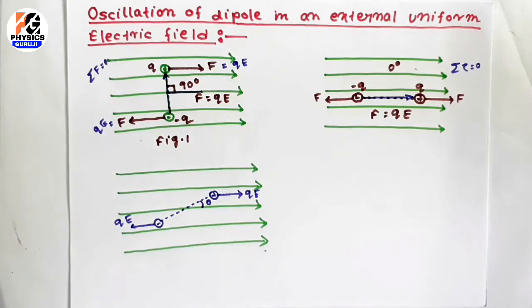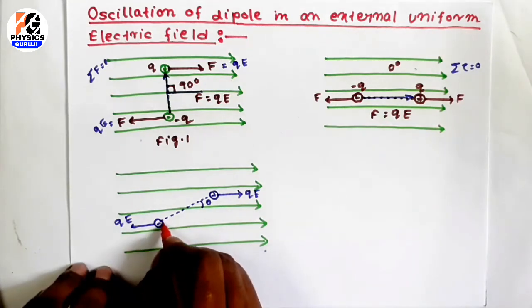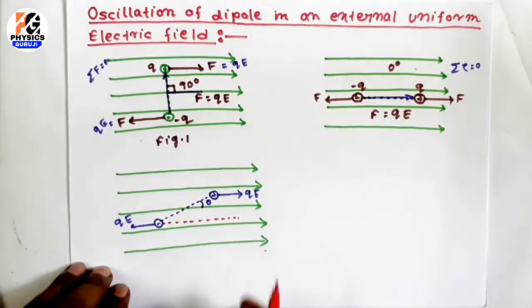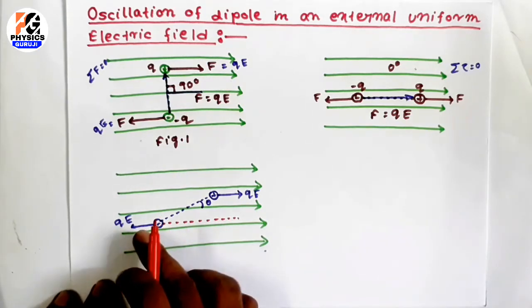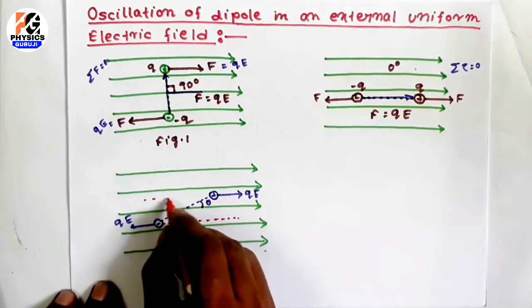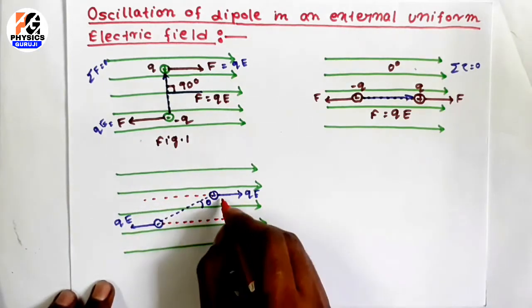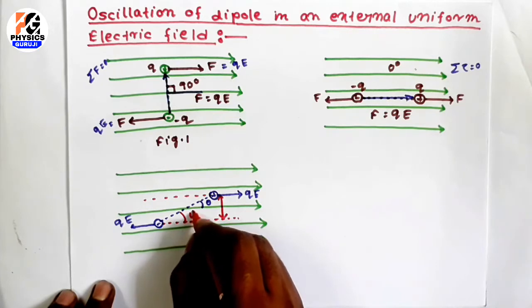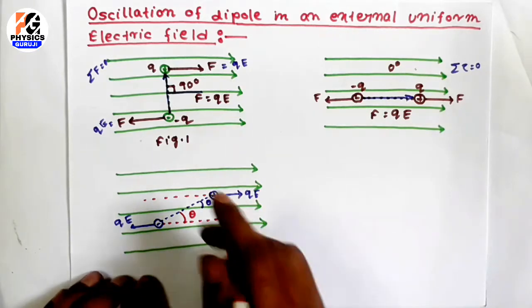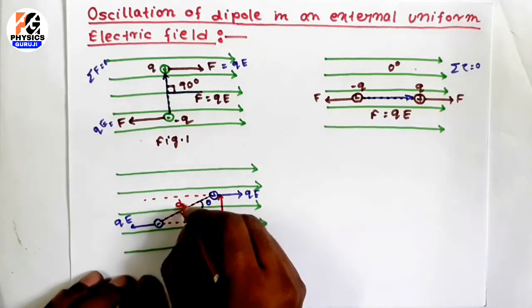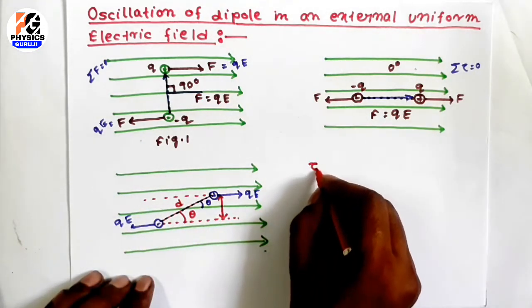The torque can be calculated by taking the perpendicular distance between the two forces. This force acts along this line, and this force acts along this line, and the perpendicular distance between these two lines is this distance. From the figure the angle is theta. If the distance between the two charges is d, then the torque tau is equal to